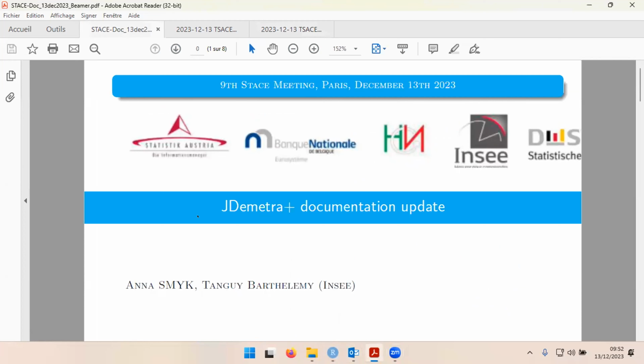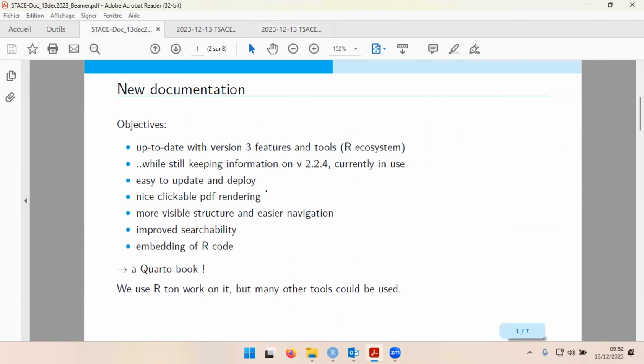And so I will try to give you a hint of what we've been doing lately since the last meeting. Just a reminder for people who might be new to the community: the new documentation has had several goals. First would be to be up to date with version 3. Of course, it's a documentation of JDemetra Plus software, goes without saying. So it has to be up to date with version 3 features and tools,